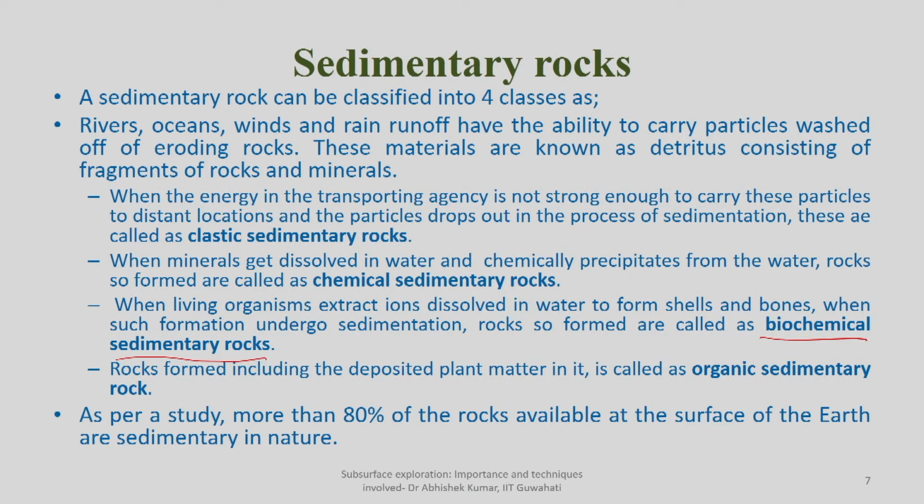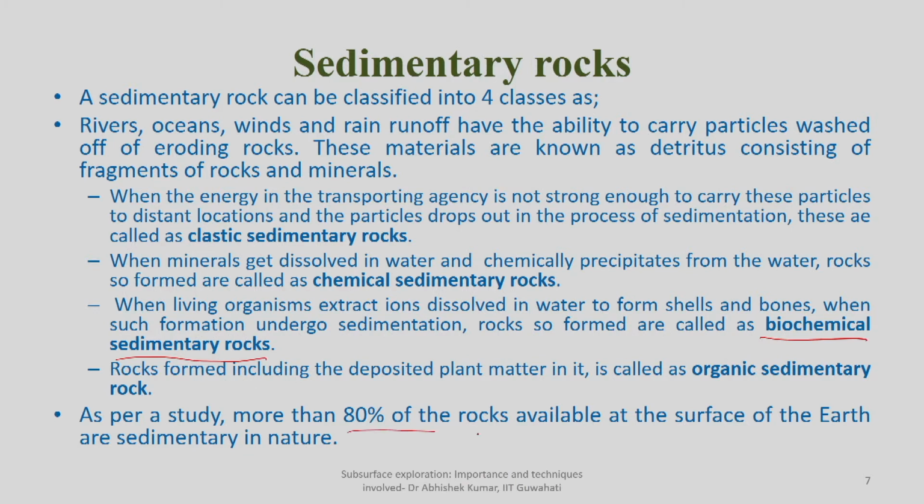So when we talk about the crustal medium, which is the main medium above which you can find the majority of the soil location, and in between the soil, whatever rock medium is available, you can find more than 80% of the rocks are sedimentary. Remember, previously when we were talking about igneous rock, we said 95% of the crust is made of igneous rock. Here we are talking about 80% of the rocks available, which may be at the parent position or may be dislocated to some other location. So overall it is different from the crustal medium. 80% of the rocks available at the ground surface are mostly sedimentary in nature.